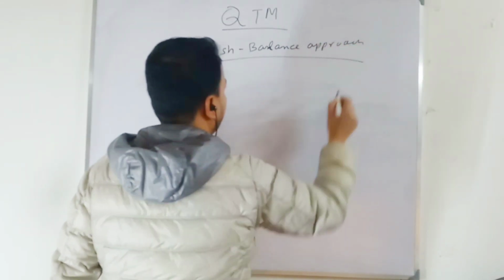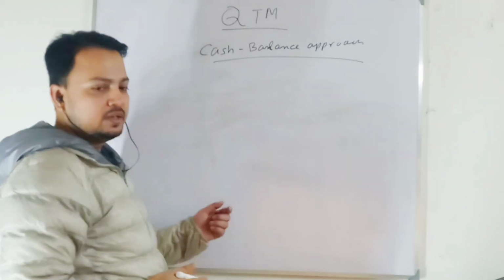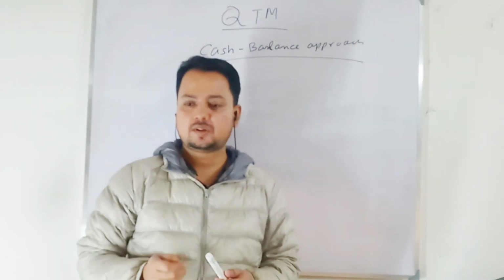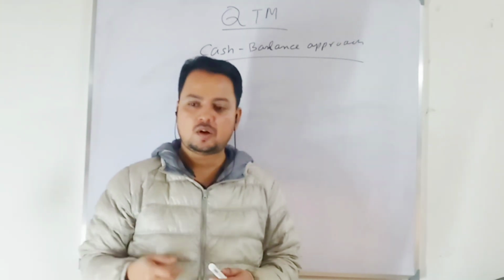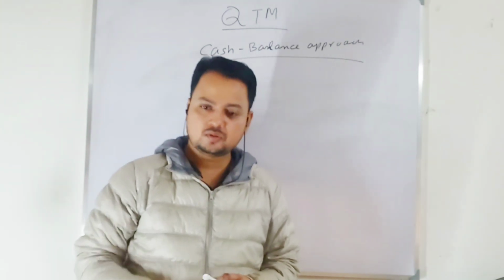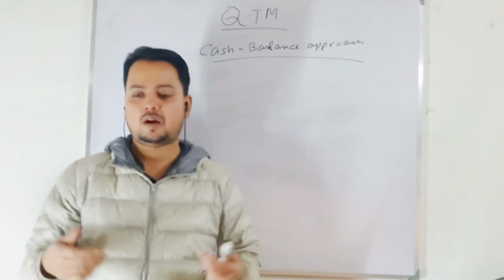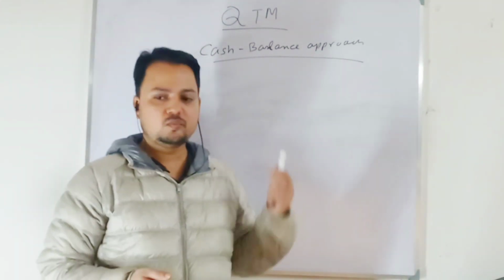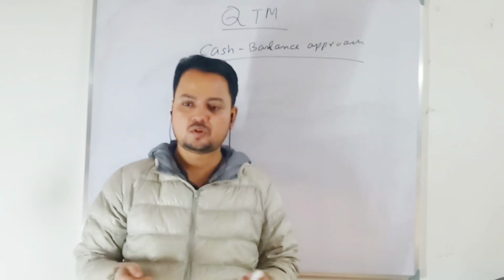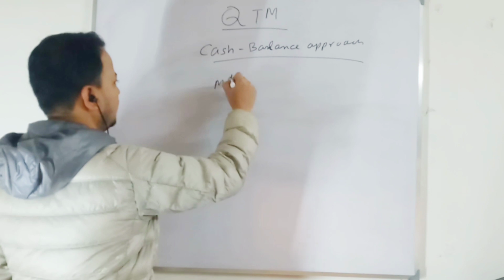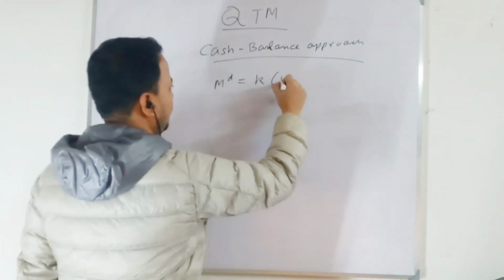Okay. So in the cash balance approach, demand for money is nothing but demand for cash, apart from what you require for spending. Given the money supply, part of the money you keep for transaction purposes, and part you will demand as a store of value, because money has another function, store of value. So money demand will be some proportion of your value of output.